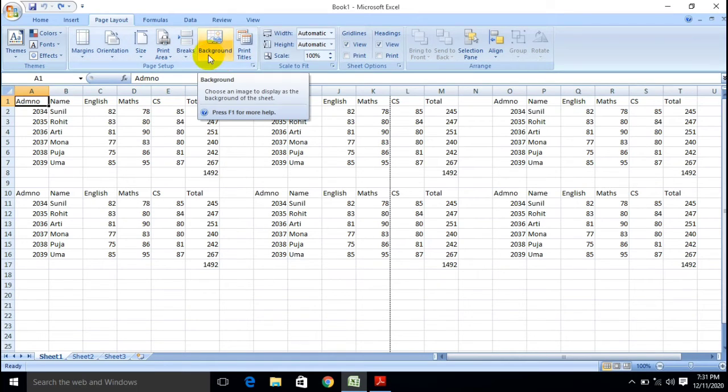And here are the background options and the breaks. The page breaks options are there, as we learned in our earlier videos. Basically, how to break the page into different pages as per our requirements, and remove them, all this we have done in our last video. You can go through our last video, titled page breaks options. And the third one is background.